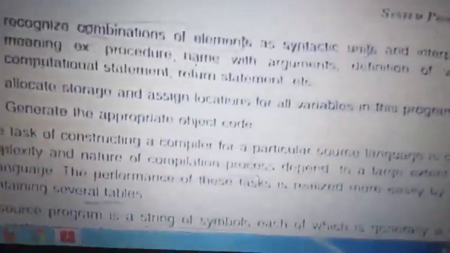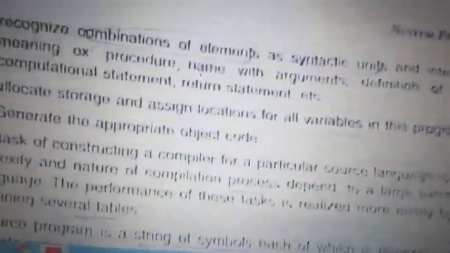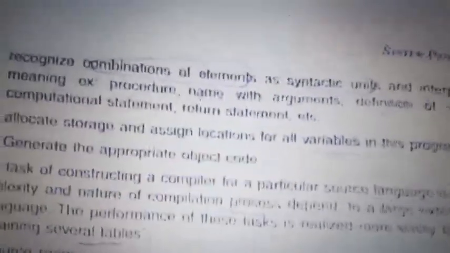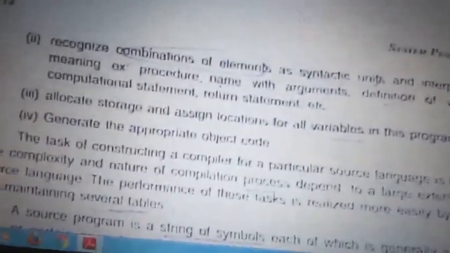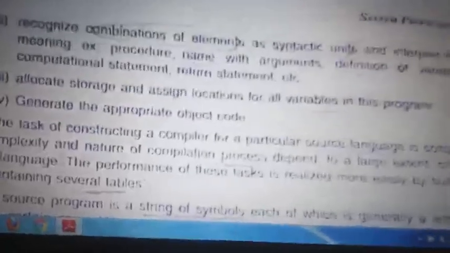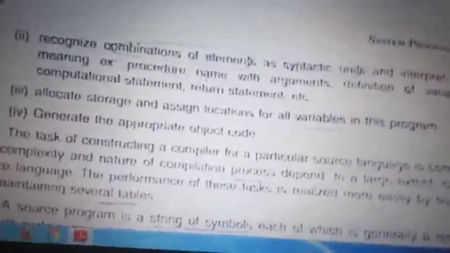For example, procedure names, definitions, variables, you have n number of variables you use, so whether these are proper or not. That's what it is recognizing, the combination of elements. Now it is not identifying string by string individually, it is the combination of elements. If you have a procedure with an open bracket, then there should be a closed bracket. If you have an open flower bracket, then there should be the closed curly bracket. That's what it recognizes, the combination of elements.